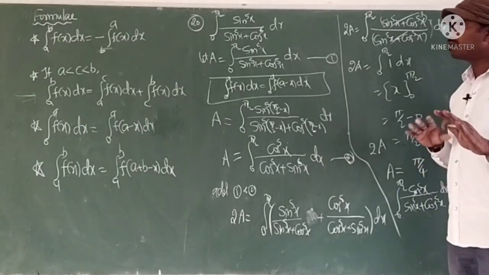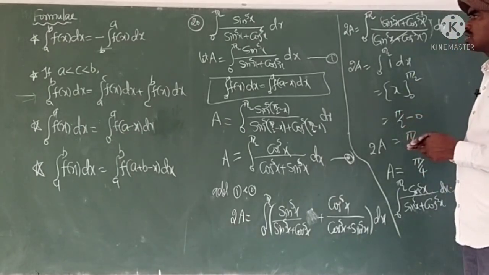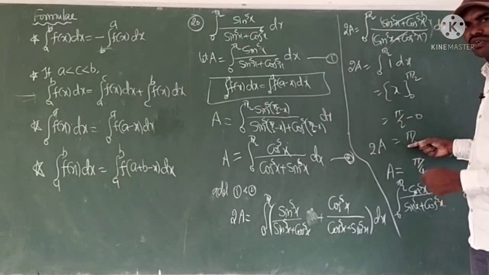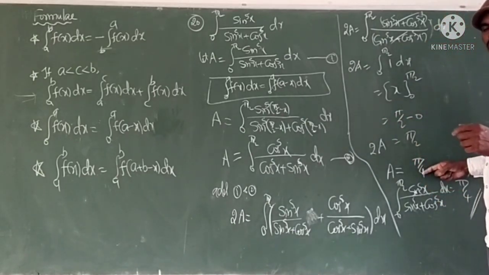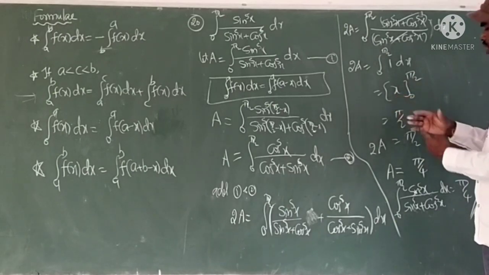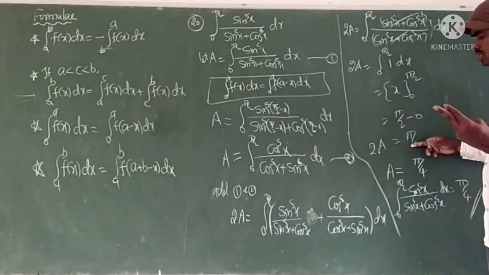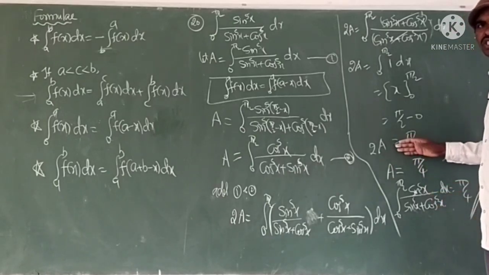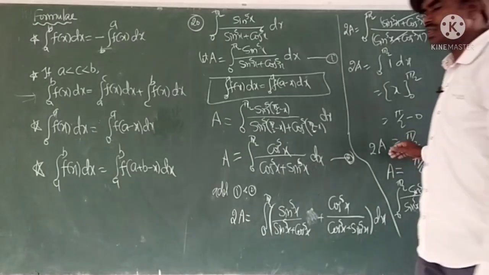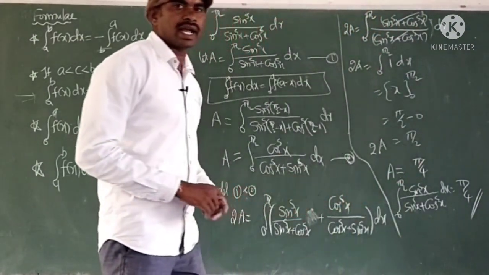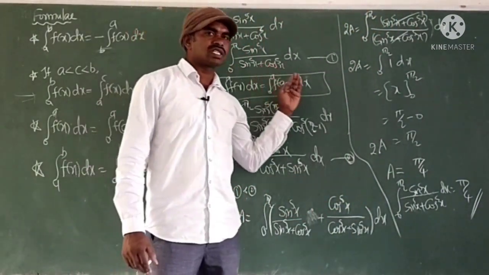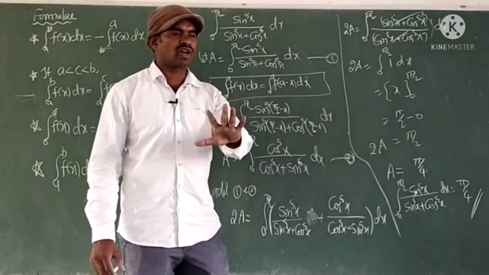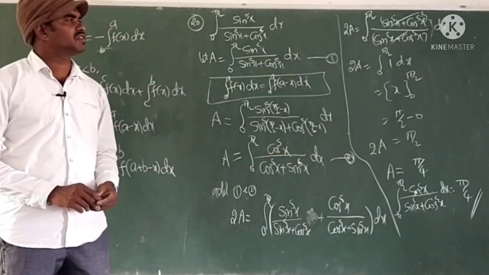To get the total marks: if the question is for 2 marks, up to here if you do it you get 1 mark, and for this last step another 1 mark. If it is given for 4 marks, up to here you will be awarded 3 marks, then for this step another 1 mark, making 4 marks. So this is compulsory, we should remember. Why am I saying it again and again? Because many students forget to write this step. So don't forget, complete the solution.